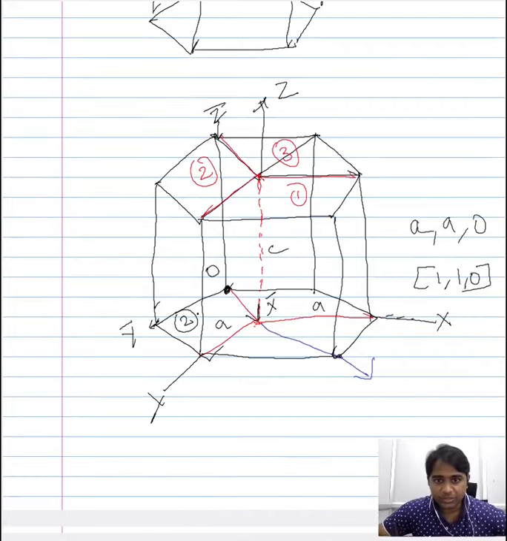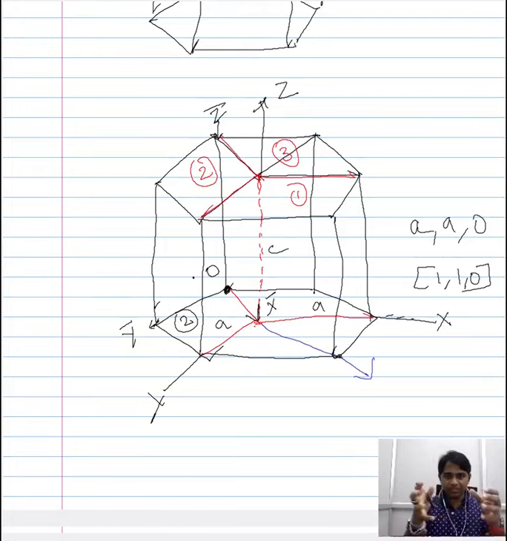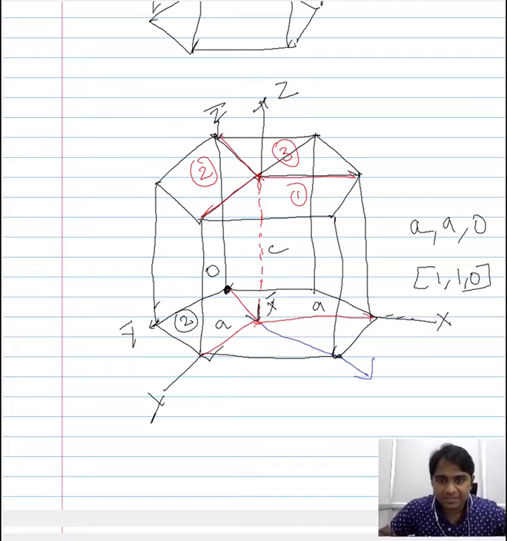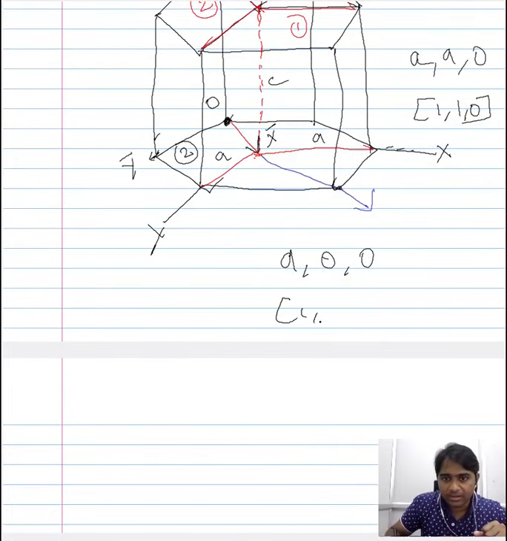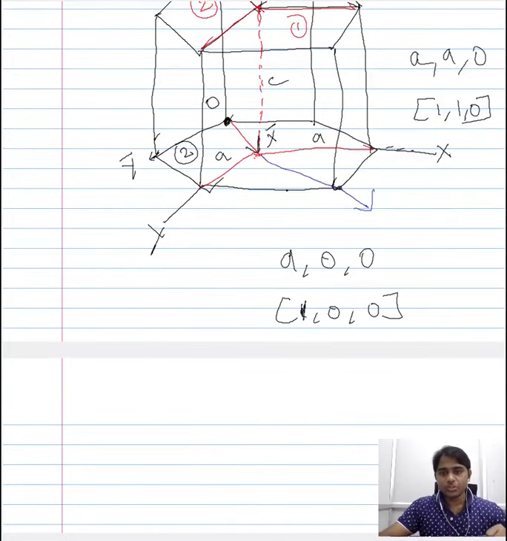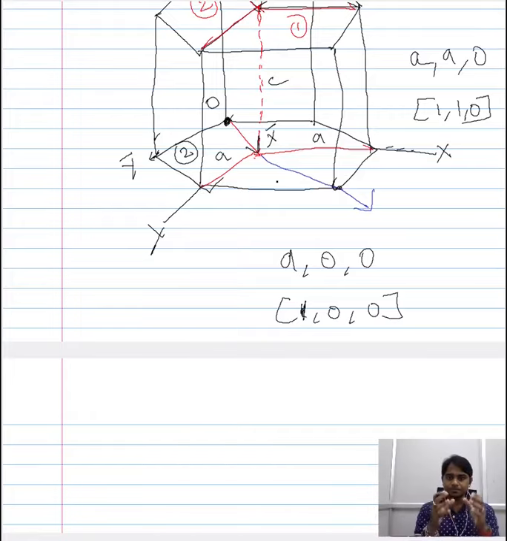For the second unit cell, which is also part of the hexagonal close packing, this direction has a projection only along one principal axis, that is along the x bar. So you represent the same direction with respect to the second unit cell by a, 0, 0. And then when you factorize it, it will be 1, 0, 0. Now, usually these two are equivalent directions, so they must be enclosed as a family of directions.